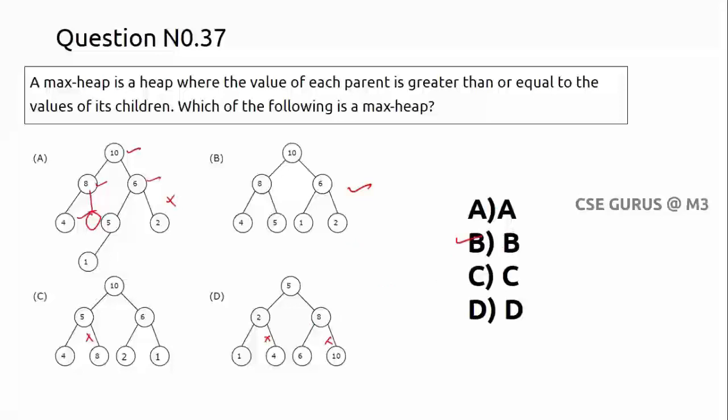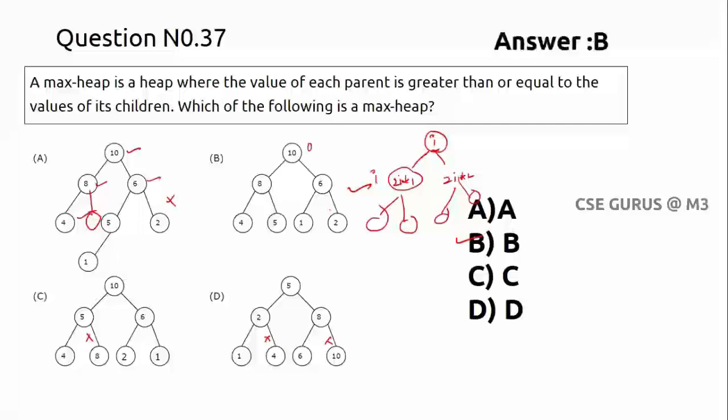For the heap property, first comes the root node. Let us suppose if it is the 0th node I, the left child is 2 times I plus 1, and the right child is 2 times I plus 2, which has to be filled. Next for this also, if this is node I, like this we need to check. It has to be completed, and only then go to the next level. So option B is the correct answer.